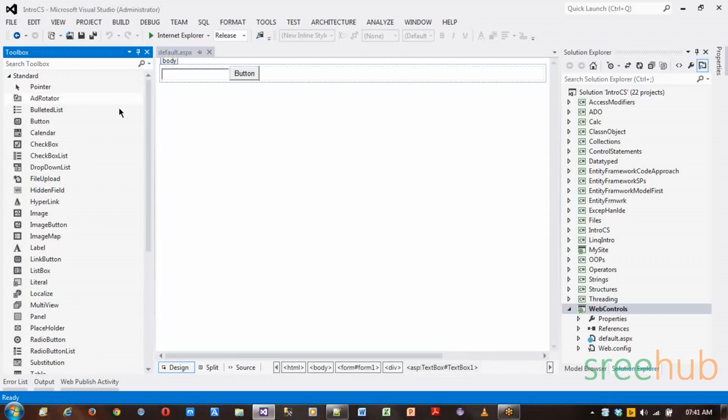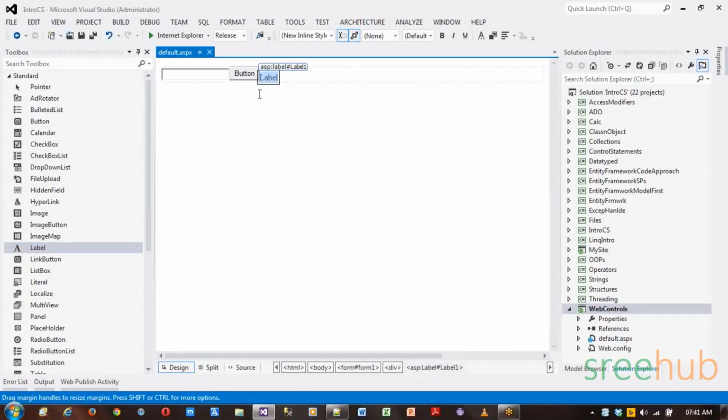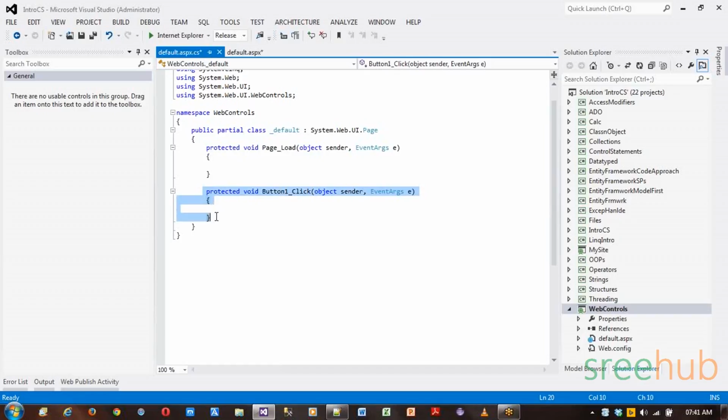Let's take one more control here itself, which is the label control. Let's add the button here. So this label control is the one which is used to just display some information to the user, right? We can't have any other usage with the label. Instead, we can show the information to the user, what exactly is going on, what is the status, right? So here in this case, let me double click on the button. When you double click on the button, it will give you the button click event of your button. So let's say here I'm going to write the label one